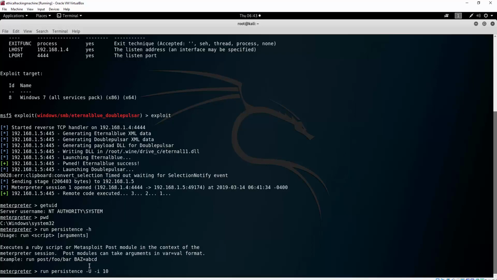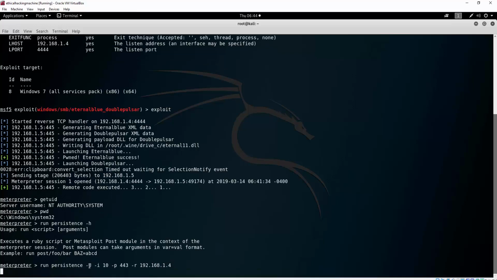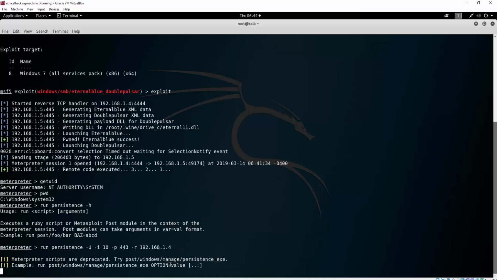The thing that we want to specify after that is -p for the port, and let's use port 443. And of course, after that you want to use -r, which is the remote address, basically our IP address. So this is the IP address that the target machine will try to connect to, which should be the IP address of your Kali Linux machine, which in my case is .1.4. So after you do that, you just hit enter, run persistence, and we specify the entire command right here,